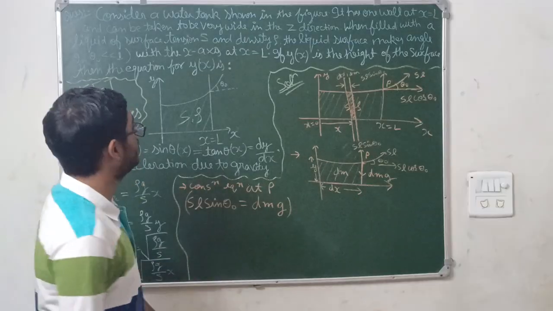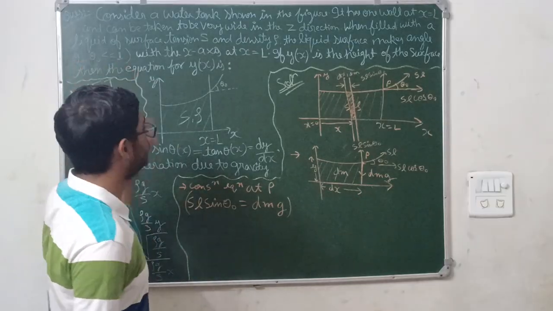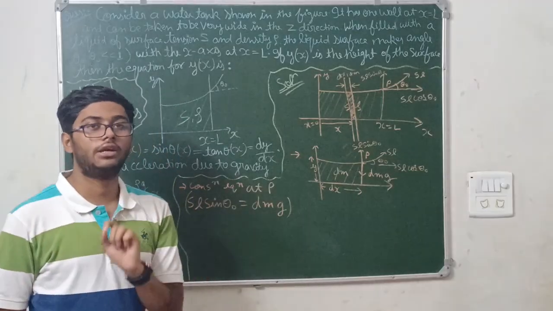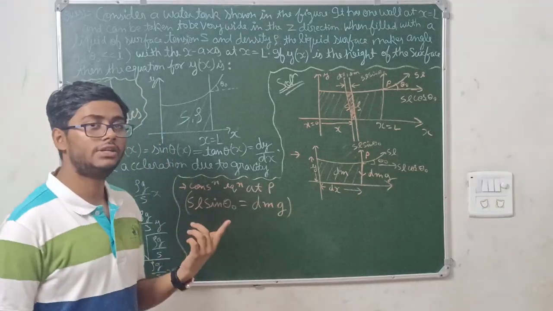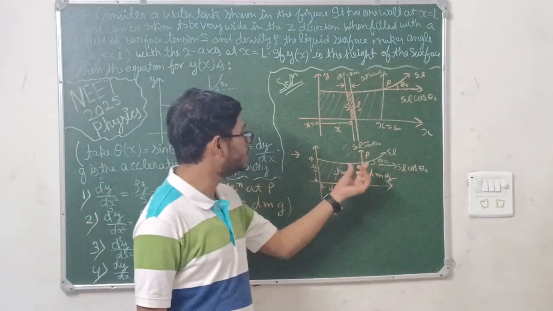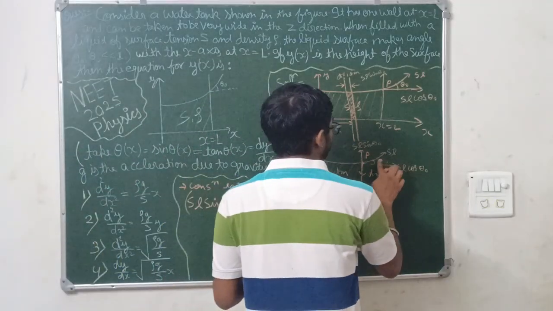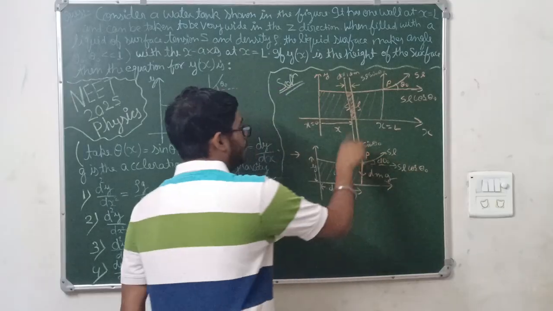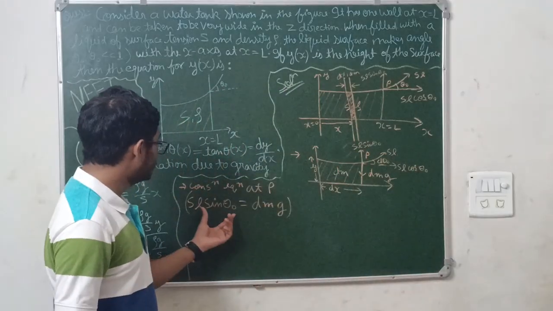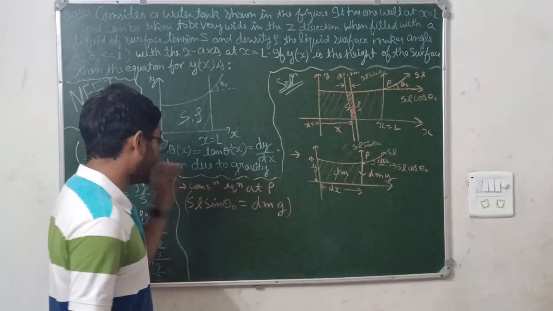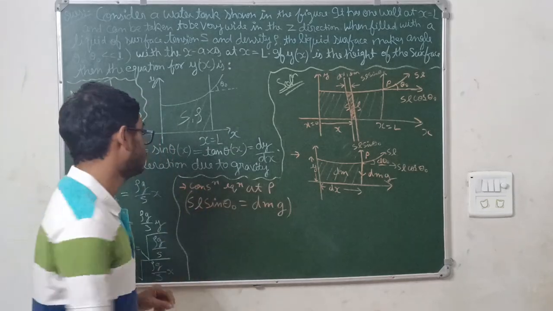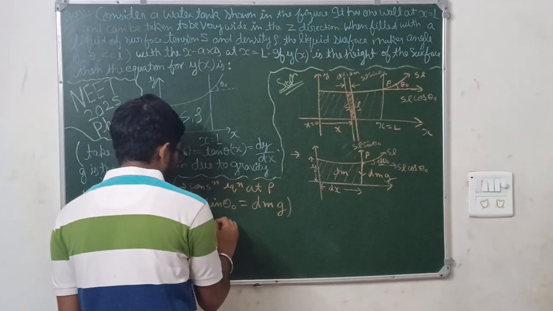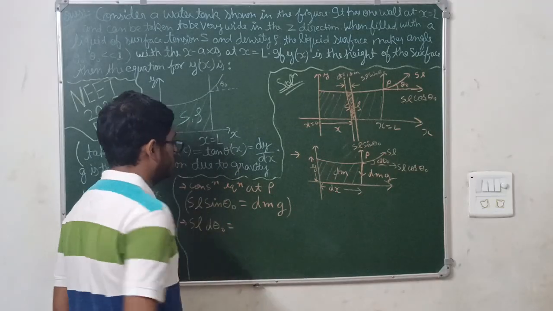Now, one thing is clearly mentioned in the question, that theta naught is very small as compared to L. Means sin theta naught can be written as d theta naught. Generally it is written as theta naught, but here a small angle is considered. Because it is a small component, sin theta naught can be written as d theta naught. So SL into d theta naught is equal to dm.